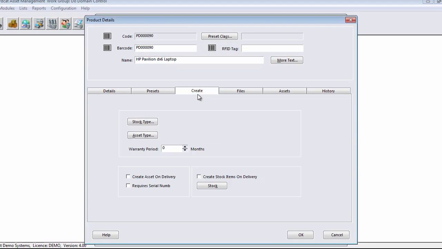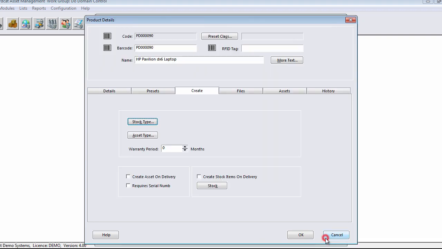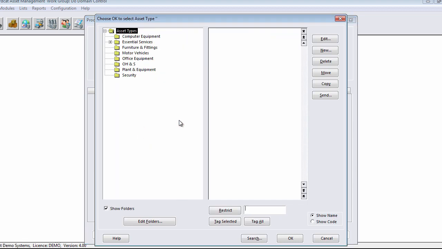Within the Create tab of a product, we have the 2 entity relationships here, stock type and asset type. If you're using the stock module, you'll associate this product to a stock type which represents the type of stock that it is. If it's an asset that you're going to be creating this product for, then we'll be associating it to the asset type. In this example, it's a laptop, so therefore I'll select computer equipment and